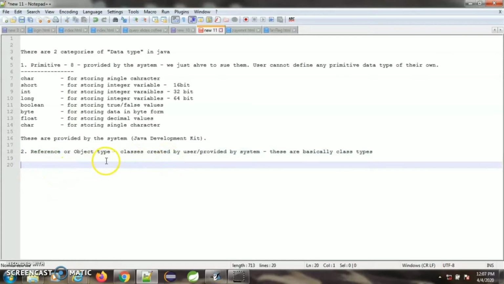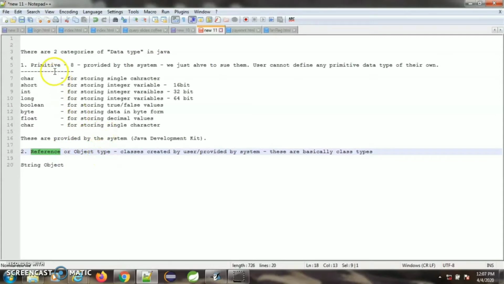Now there are some classes which are provided by the system also, like string, for example, like object. These are classes which are defined by the system, but we can also define classes of our own, as we have seen in the case of car class or animal, anything we can define. So here the user has the privilege of defining their own classes. Okay, so here we can have user defined reference or object data types or system defined. Now they are basically class types. Okay, and what is the meaning of reference types we will be discussing in next session.